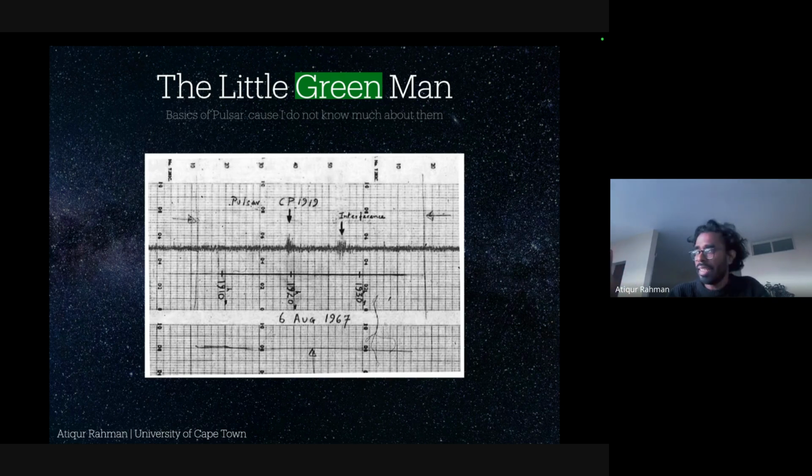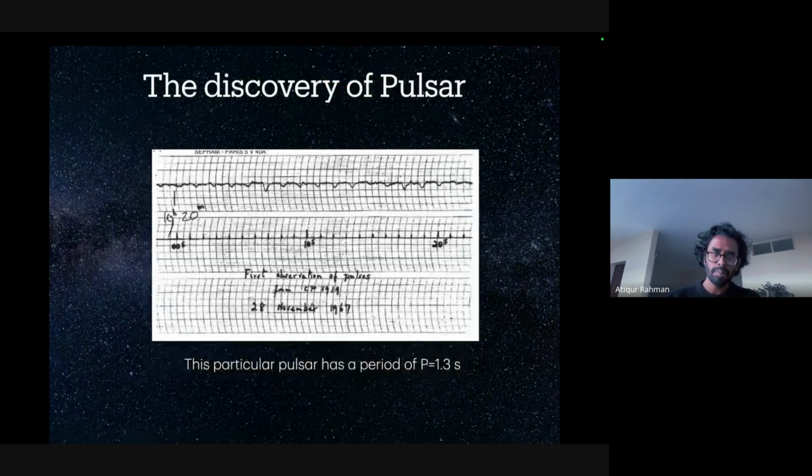that CP1919. So what she did is she took out one day worth of plotting paper, and there she saw this periodic bump, downward bump, I would say, in this plot. And then she discussed it with her supervisor, and then they thought that this must be a signal from the outer space. Thus, they started calling it the little green man. They thought it was a signal given from the aliens. But then